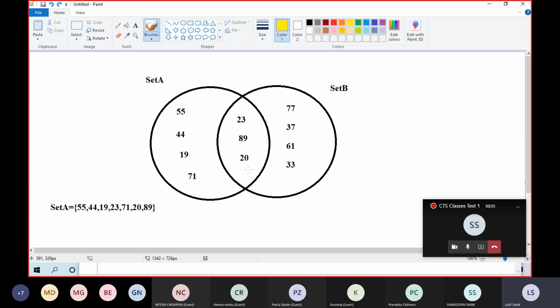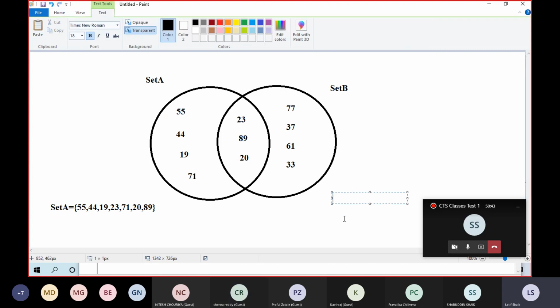This is totally set A. It is 10th class mathematics only. I am not teaching anything new. Maybe some people think, sir, this is something new, we came from a mechanical background. Guys, it is 10th class. Okay, sets and unions.